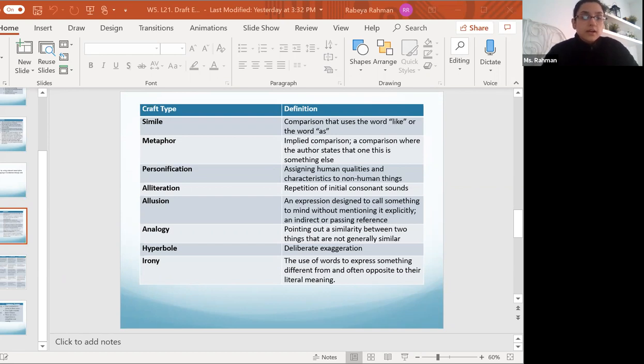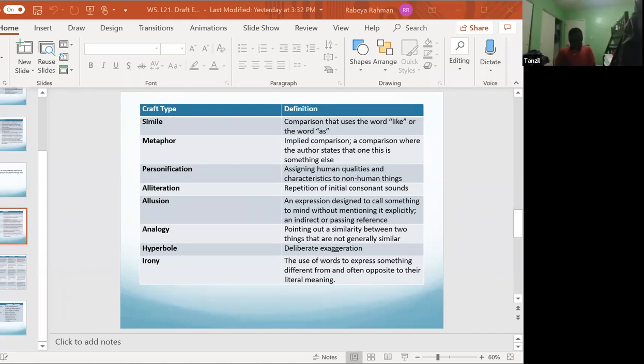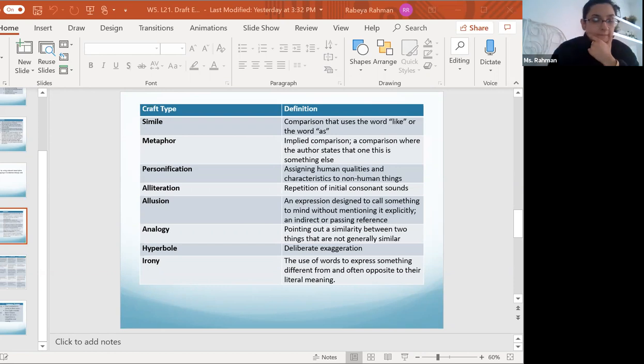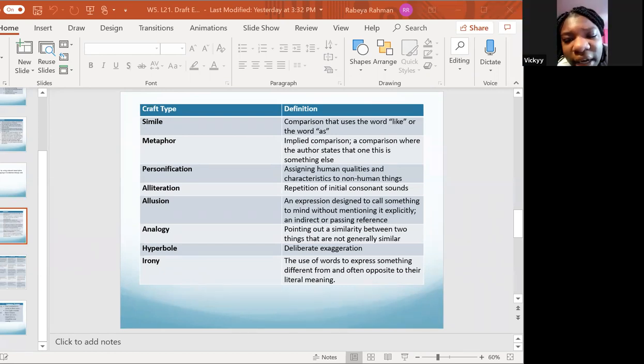What do we think? I think I have an idea in my head, but I kind of want somebody else to answer that. Repeat that one more time so we can identify the craft type that Tanzel included. He embraced his parents just as the ship exploded, lighting up the sky. Vicky? I think that's, you said just as he lighted up the sky, right? Yeah.